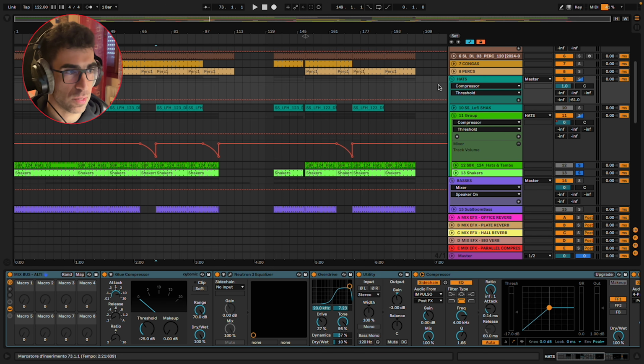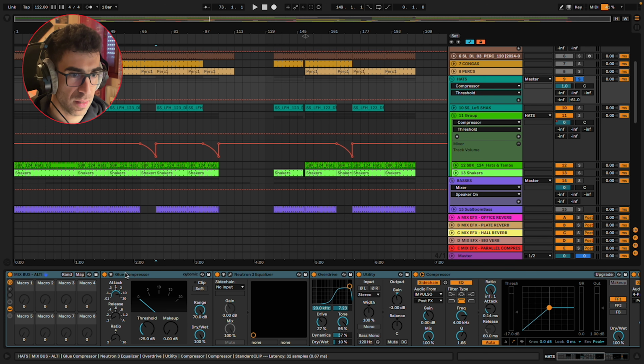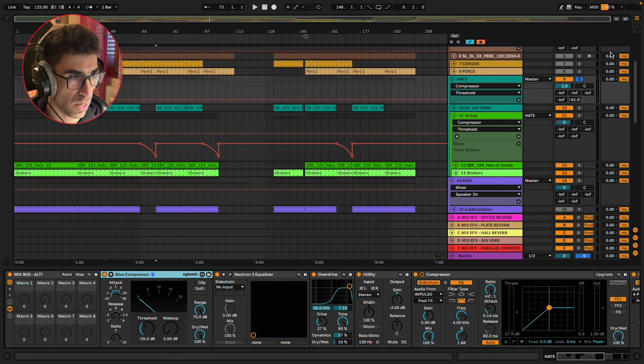What I love to do is to put all my heads and high percussions into one group. The concept is basically the same as the percussions. I tend to compress them a little bit to glue them together.